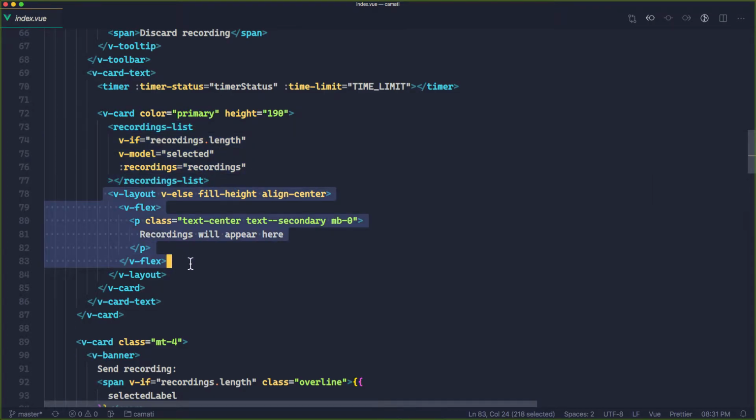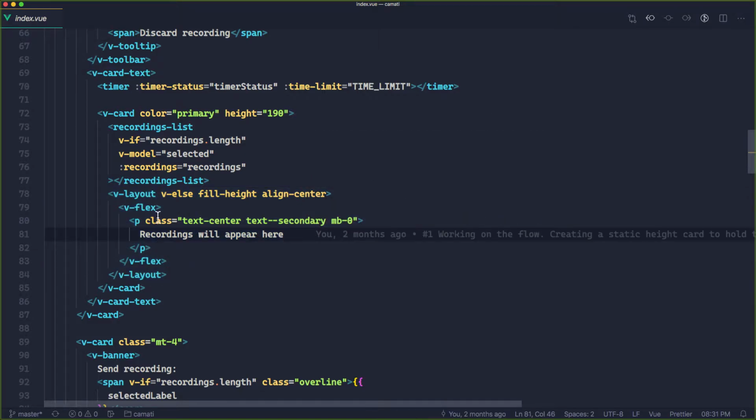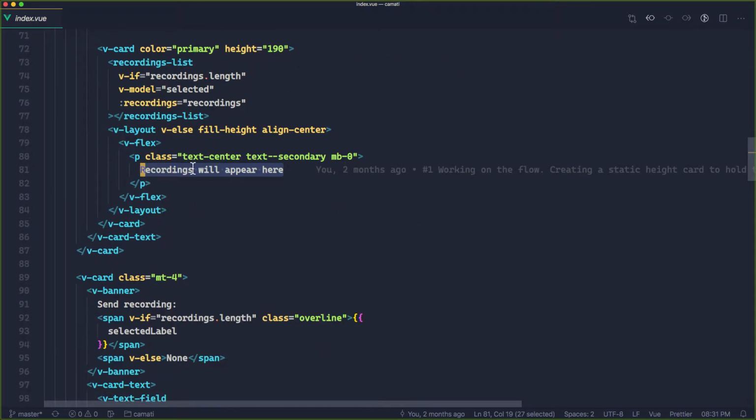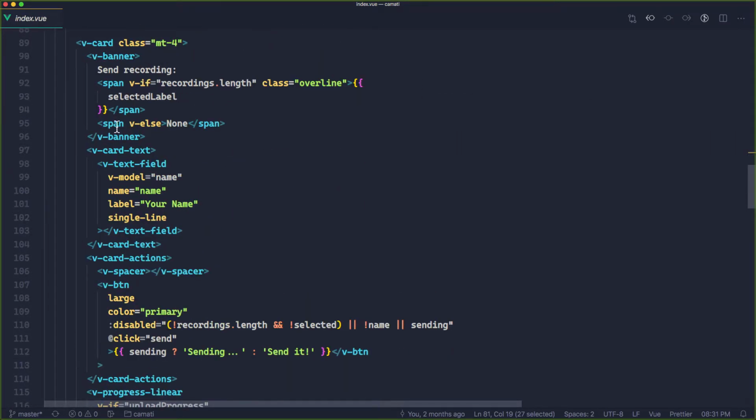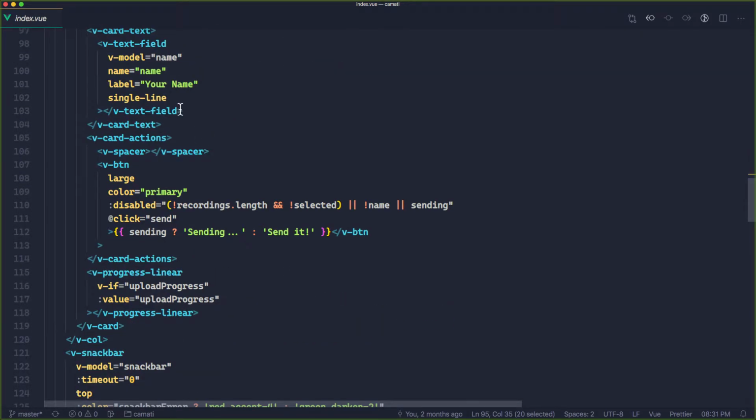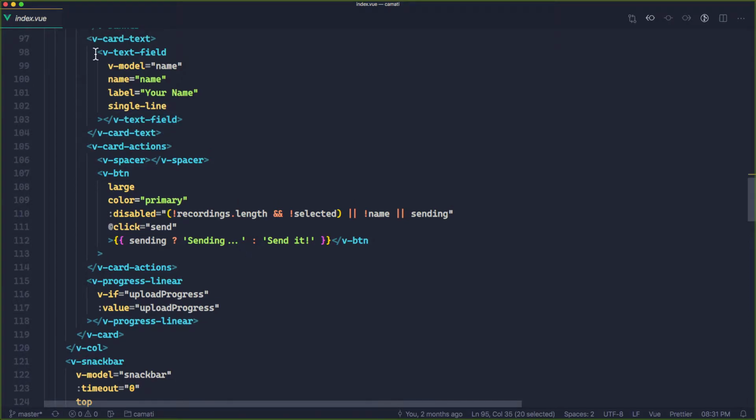And like I said, I tried to make it the best experience I could. So looking at the details here, if you don't have any recordings, this will happen. Now we go into the bottom card, where you see what recording you have selected, and then same thing, a fallback for when there's none. And then you'll see a couple of text fields where you need to input your data,